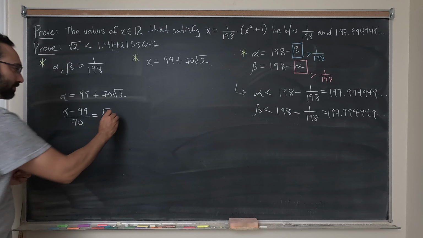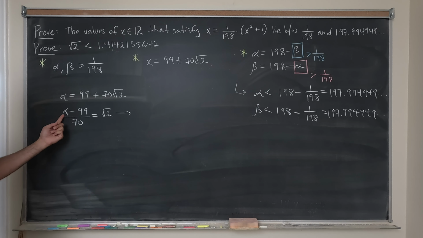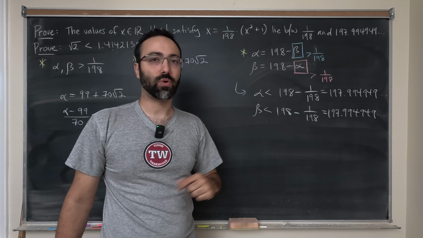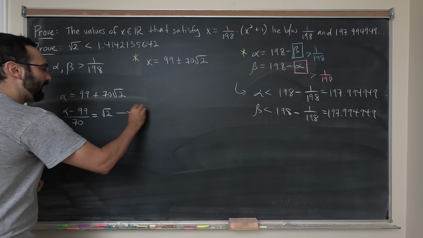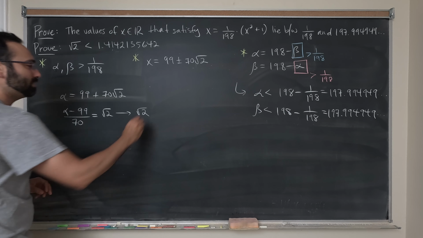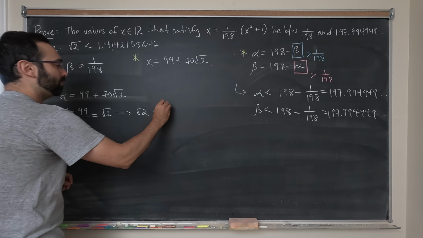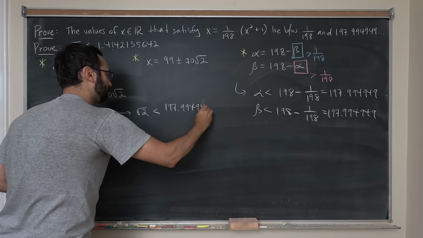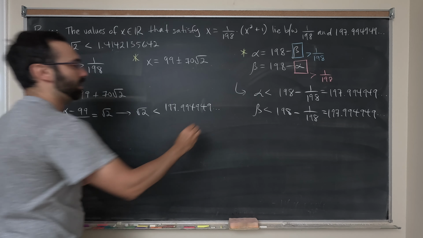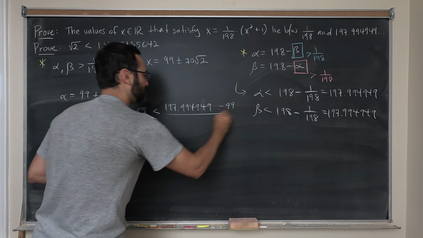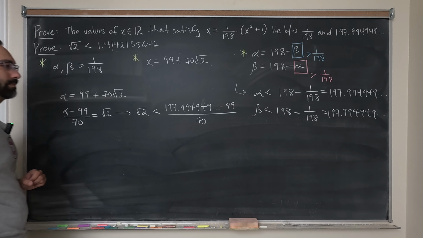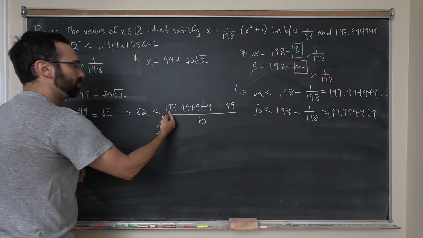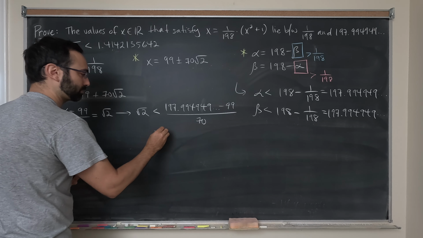But alpha is less than 197.99494949, etc. So what we have here is that the root of 2 has to be less than alpha minus 99 divided by 70. But what does this work out to be? This subtract this is simply